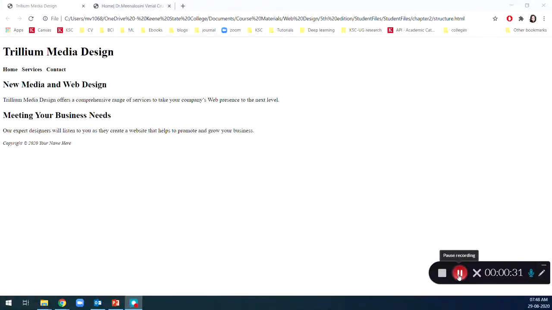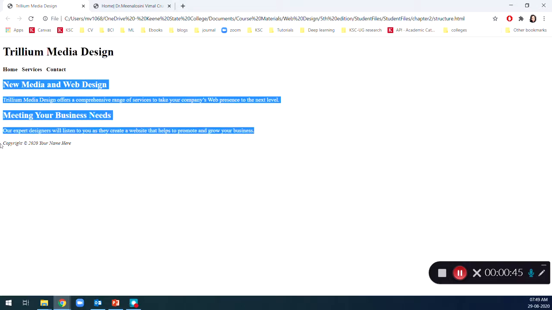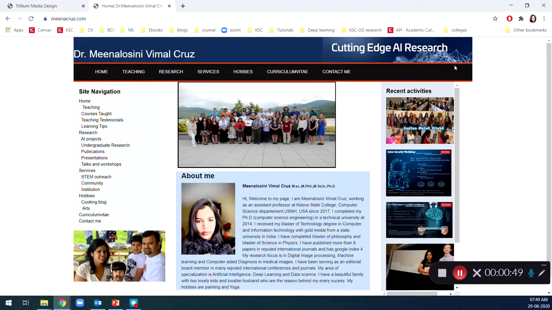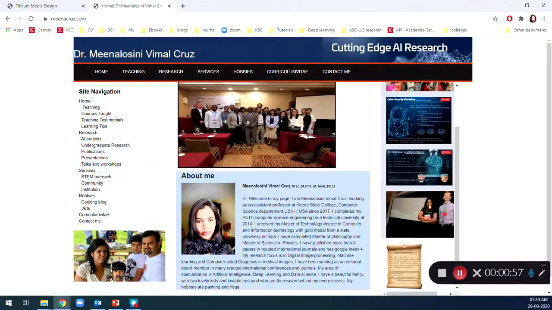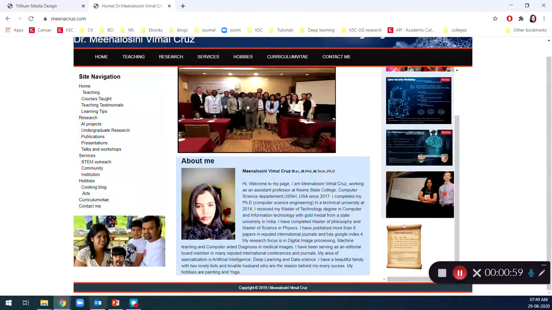You can take any web page and explore. You can see this basic structure. So this is some sample web page. So you can see this is the heading, and this is the navigation where you will get the links, and this is the main body, the main content, and then this is the footer element. Okay, so let's take some real-time website. Let's take my website, where you can see this is the header tag, the first one, and this is the navigation tag, and this is the body, the main tag, and then this is the footer tag.